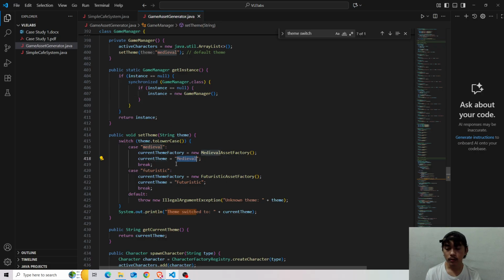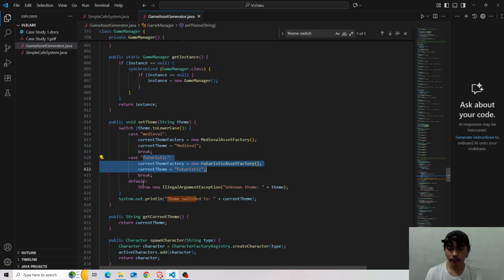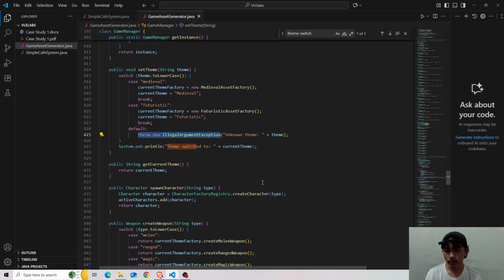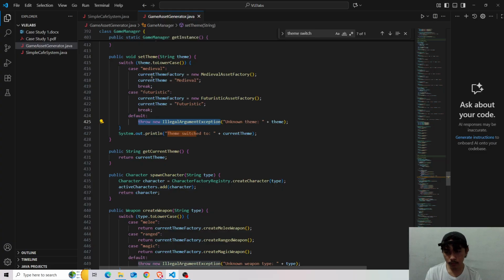So for this case, the medieval, then the break, then another case is for futuristic, same as how the medieval is being implemented here. Okay, so yeah, they're just the same. Then break, then if there's an error, it will throw an illegal argument exception. So if that's done, then it will proceed to outside of this switch block, then it will print out the current theme: theme switched to current theme.